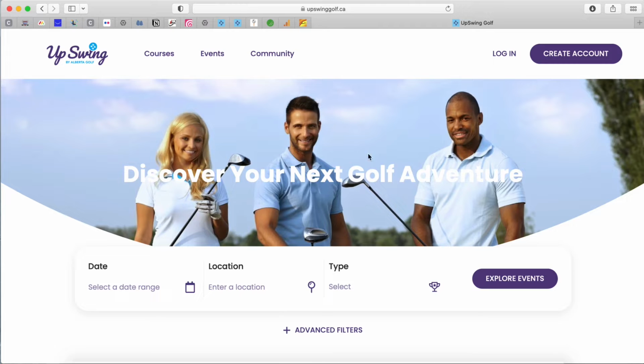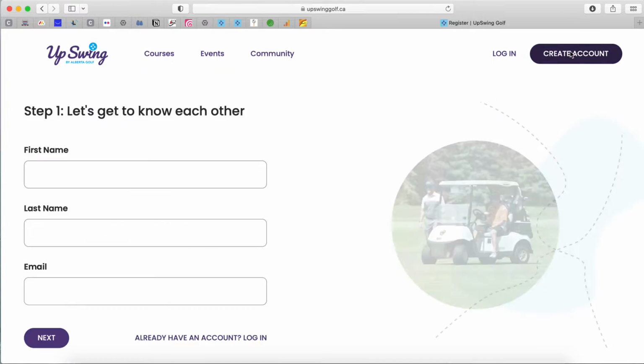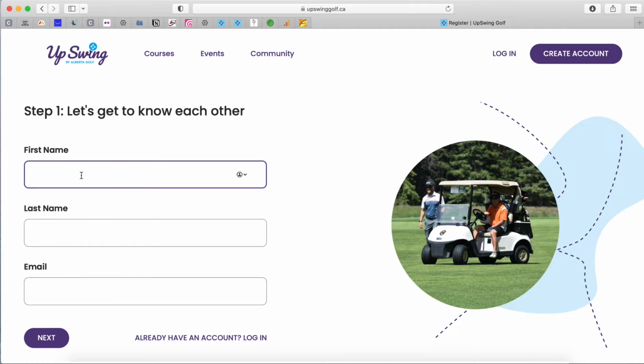Here it will ask you to create an account in the upper right hand corner. You can see it here. If you've already been an operator and want to log in, you can do it here. So let's start by creating an account. So clicking on Create Account,